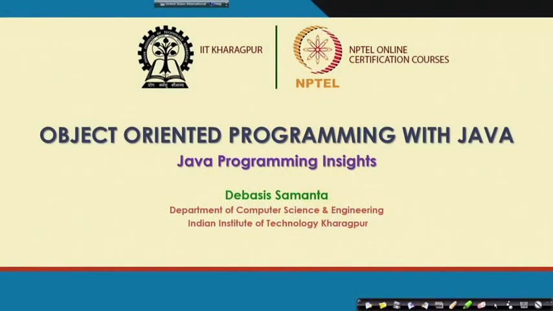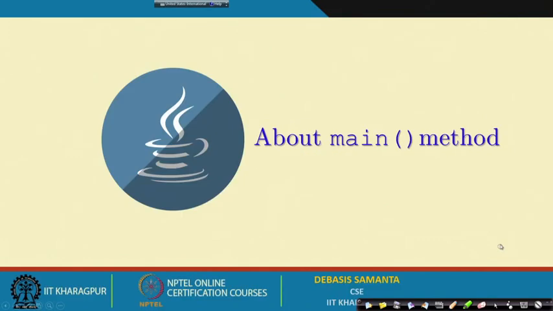So, let us learn in this lecture a few detailed things in Java. There are many things which we have assumed that whenever you have to write a Java program, we have to follow, but now we are in a position to learn why you should follow so many things in Java programming. It basically makes it a little bit easier to understand the different concepts in Java.